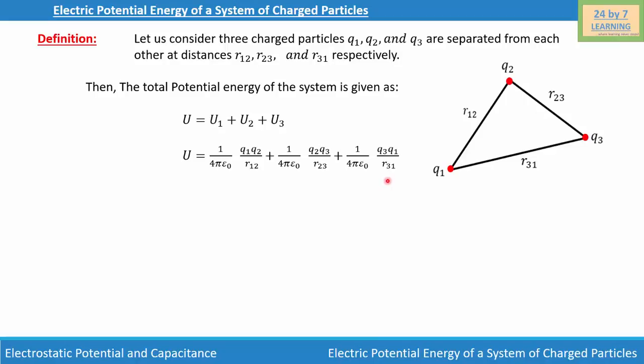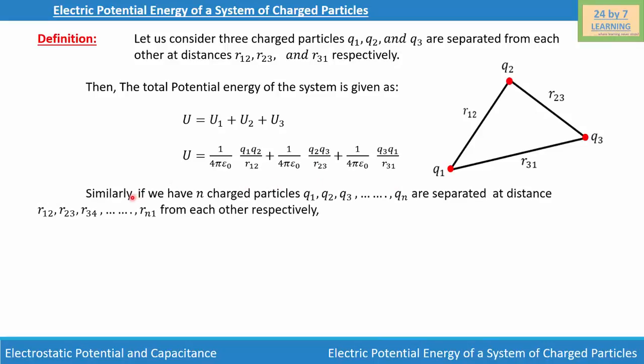Now, you must be wondering what happens if you have more than 3 charged particles. So, let's consider a situation where we have n number of charged particles. So, we will write similarly, if we have n charged particles Q1, Q2, Q3, up to Qn separated at distances r12, r23, r34, up to rn1 from each other respectively, then the total potential energy of the system is